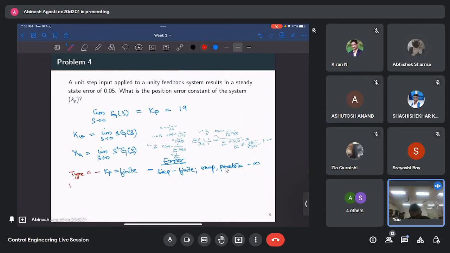Yes. Okay. So if type 1 is there, then we will have Kp equal to infinity, Kv equal to finite, Ka equal to 0. Sorry, that will also be finite only. And